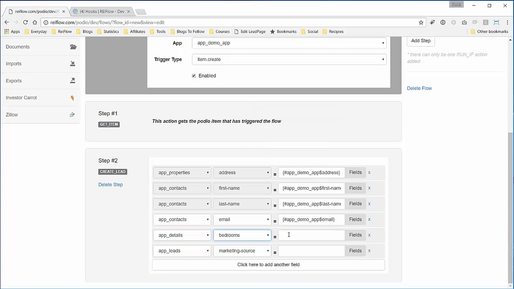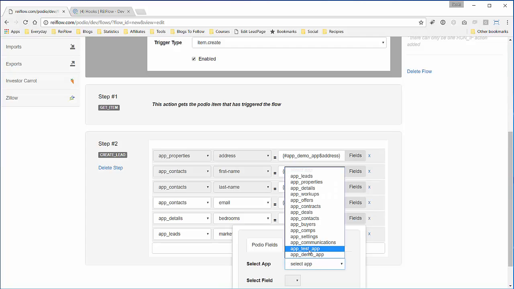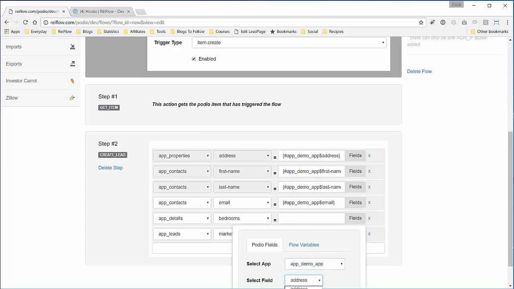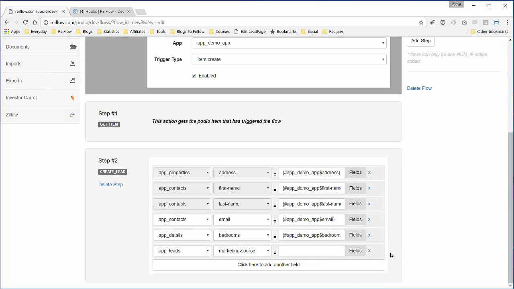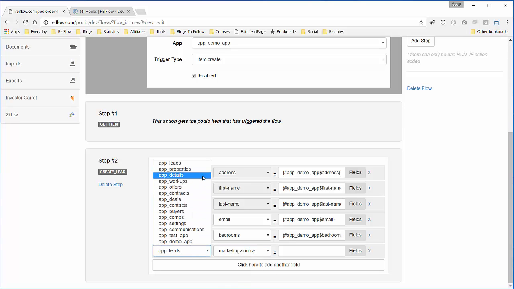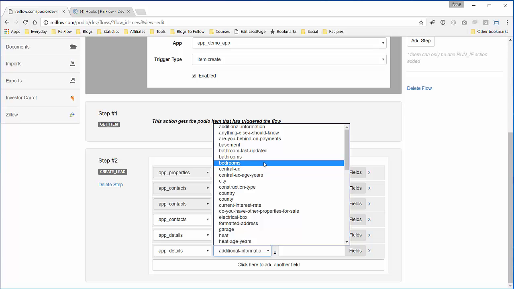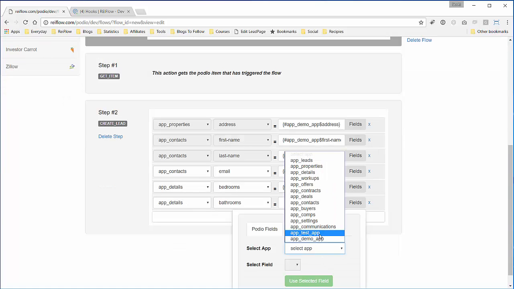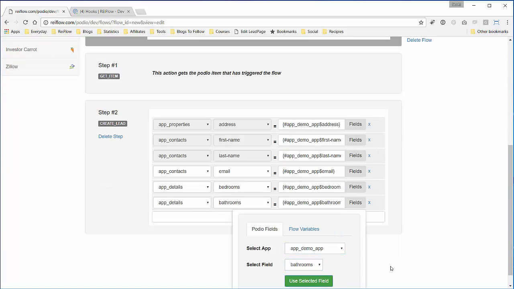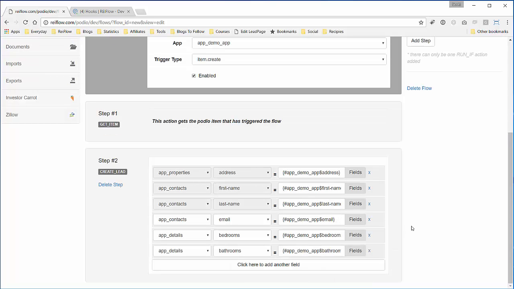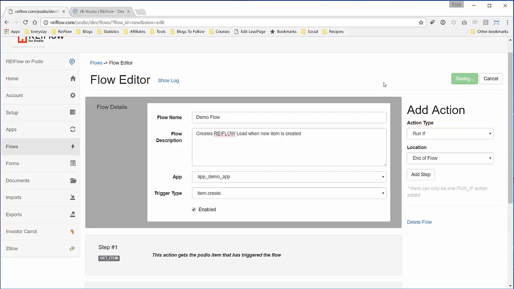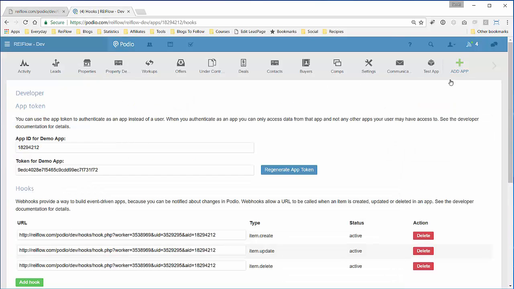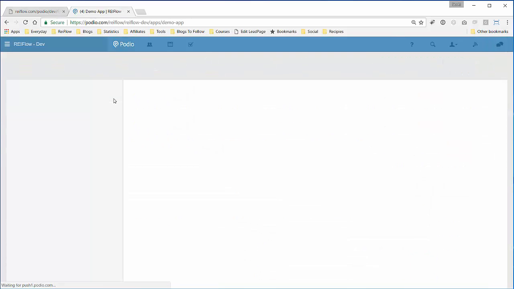Now the last two items we want to add, click two more, are from the details app and the bedrooms. Select the field, bedrooms, and bathrooms. Oops, details app, bathrooms. Okay, now we have all our fields assigned, so we just have to save. And that should be it. Your setup's done. Now all we have to do is go into our demo app,